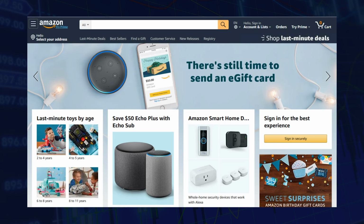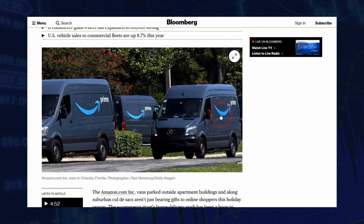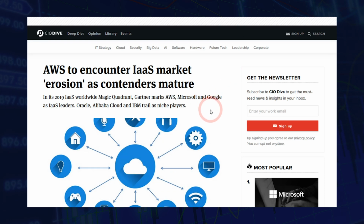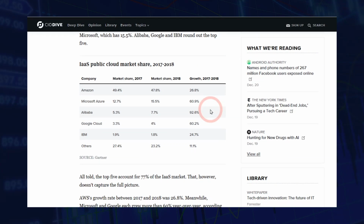So when we're thinking about a long-term theme, this is a fundamental theme, and so it is subject to change. And as I said, price is the ultimate driver of our decision. But if you look at the long-term themes for Amazon, it is of course dominant in retail with Amazon.com. And then it is also building into the delivery business, and it is expected to deliver more packages than UPS or Federal Express by 2022. And then the third and perhaps biggest driver is AWS, which is Amazon's cloud service. It was dominant in 2017 and 2018, and soon we will see the numbers for